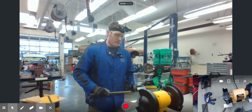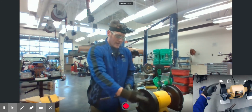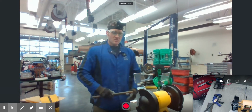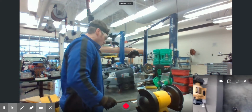Now, it also happens that even if you have your tool rest set correctly, your grinding stone can still catch material. And if that happens, then you have to make sure that you're not standing in front of it, because if some material gets caught in this grinding stone and it bounces around to the housing here and eventually kicks straight back out, it's going to kick straight at you if you're standing directly behind it. So you want to make sure when you're grinding, you're standing off to one side. So when something does kick out at you, it's hopefully going to go right by you or